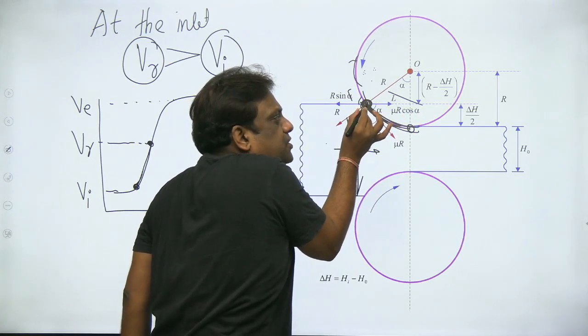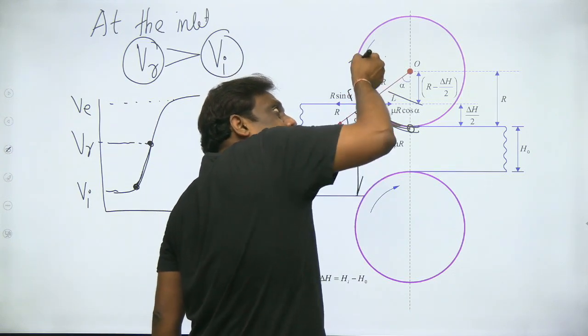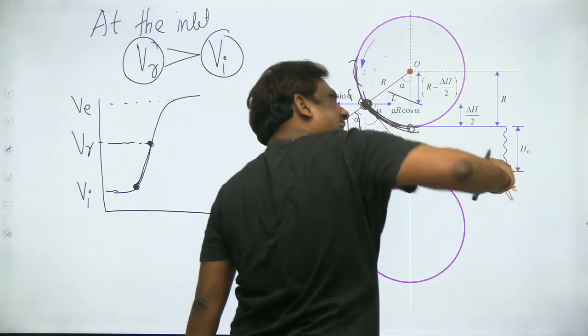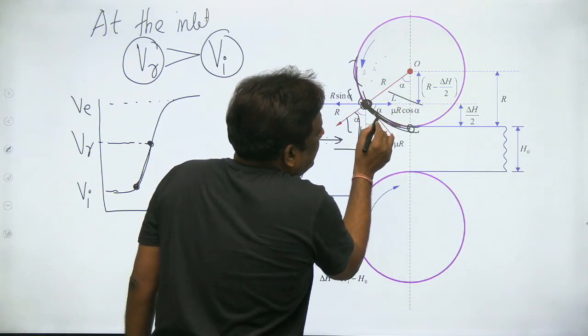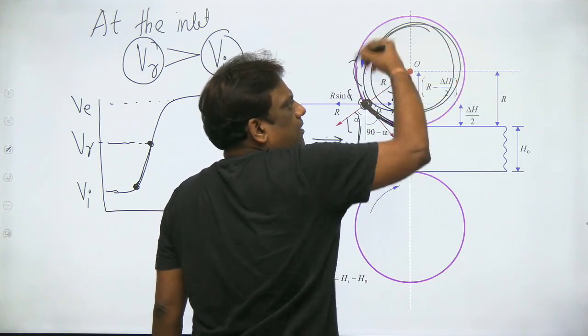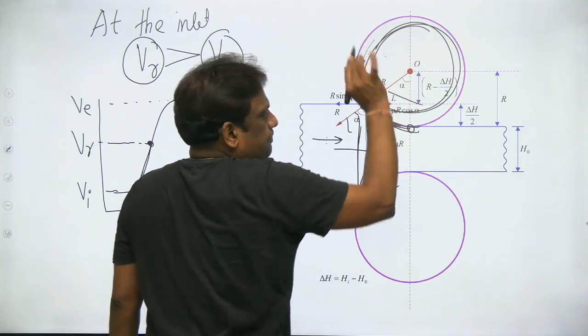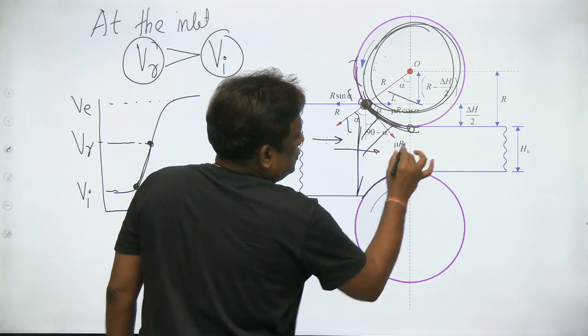So initially the component velocity is what? My component velocity is less than roller velocity. That's why, as the roller velocity is more, it is dragging in. Its velocity is more, that's why it is pulling. After dragging in, slowly what is happening? It is rotating at a constant velocity. So constant VR, but it is dragging in. So therefore, in the converging zone, my velocity is increasing.